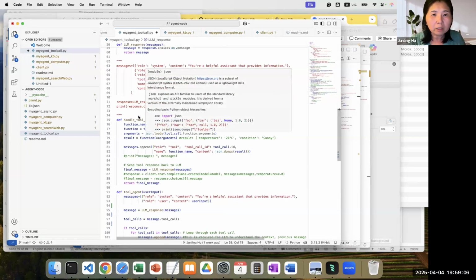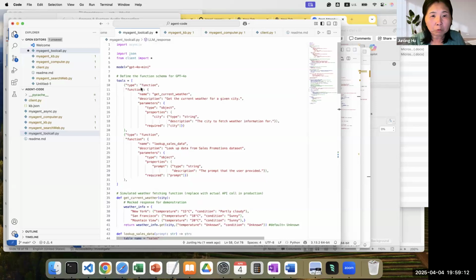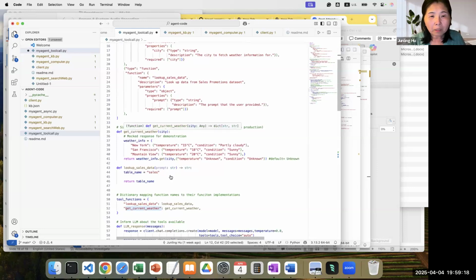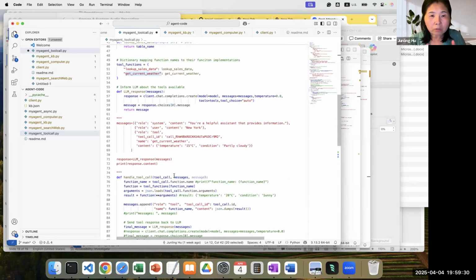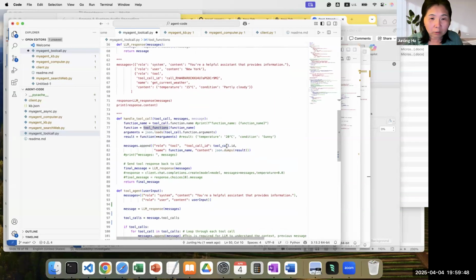So we basically define the name of the tools. For example, the name of the tool here is get current weather. Then we are going to have a function with exactly the same name. When ChatGPT comes back with, say, I'm calling the tool get current weather, I'm going to call this function. So essentially it's just a function mapping from the name of the tool to the actual definition of the function. So here is the tool function lookup. Yeah, that's it. So this is a convoluted way to say how we build the tools.